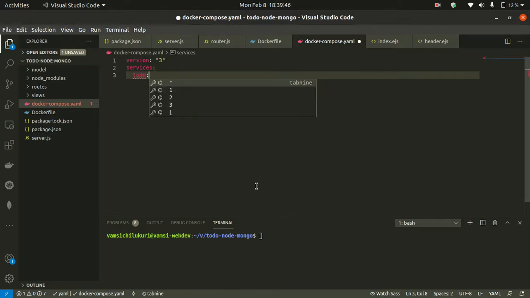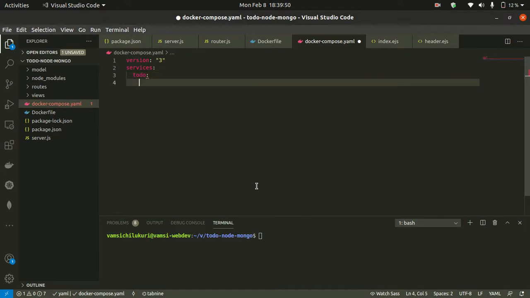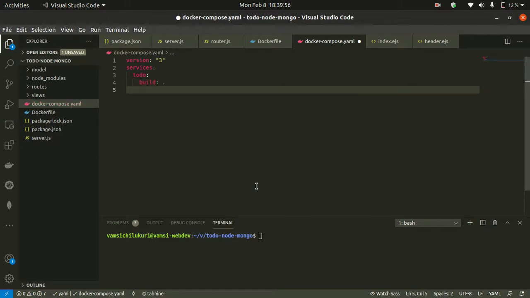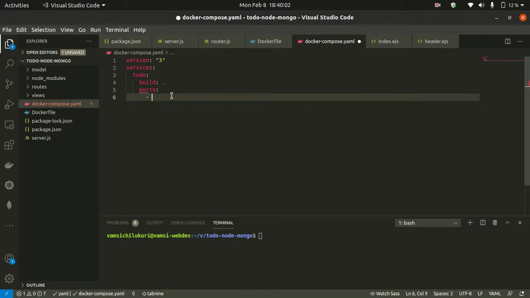Our container name is to do. After that we are gonna build our app, where our docker file is located here. So after that ports we are gonna export 3001. Okay,